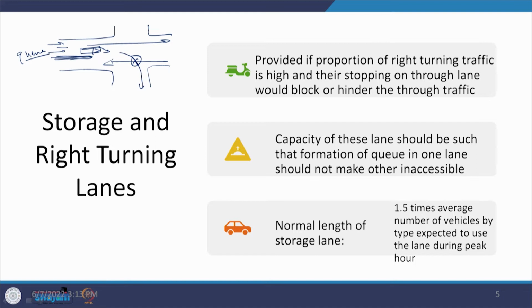But this is not going to happen in each and every case. It all depends upon how much is the amount of this turning traffic. So, if this turning traffic is quite high, now when we say it is quite high, the value is not known here, and generally we consider that if it is somewhere around 30% of the traffic which is coming on this approach, then we should have the right turning lane. And when we are providing this right turning lane, there is also a through lane just adjacent to that, in which the traffic is waiting to go ahead if the opportunity is provided. So, you have traffic which is standing here and desiring to go straight. So, this one is a through lane